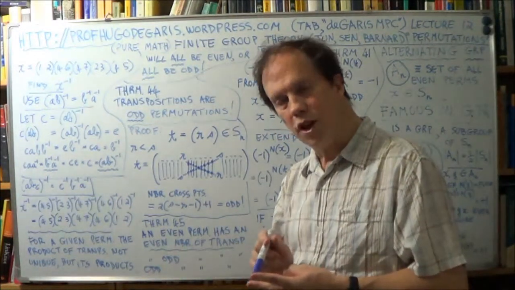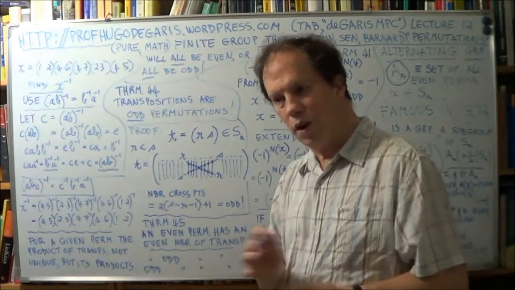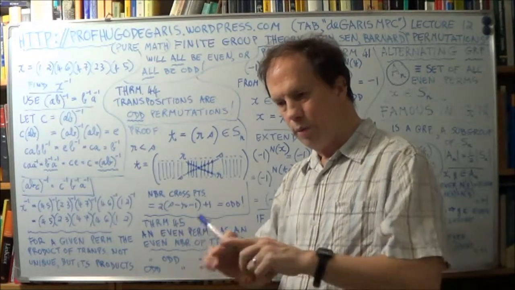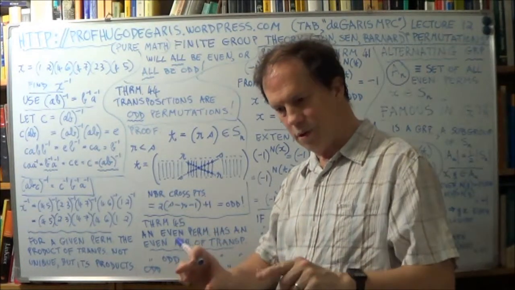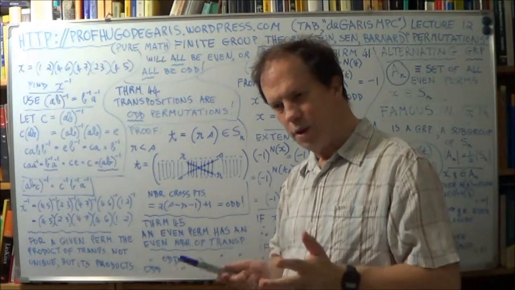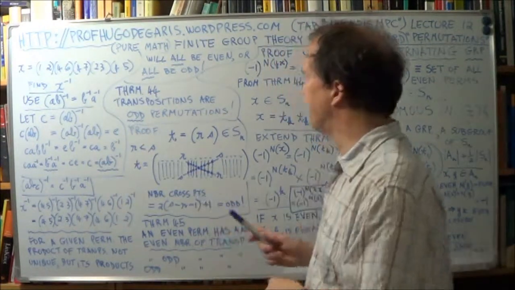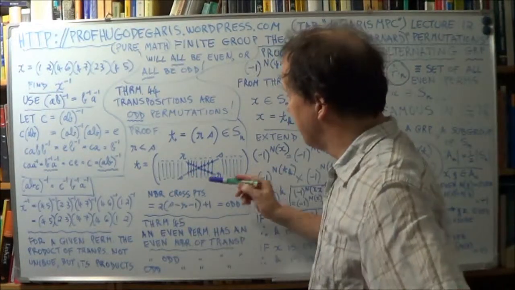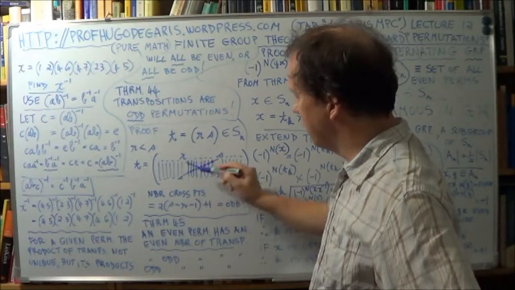So which is it? It's either one or the other, right? A transposition is just one permutation. So which is it? Is it even or odd? Okay, well let's try and prove that it's actually odd. Now, instead of doing it in terms